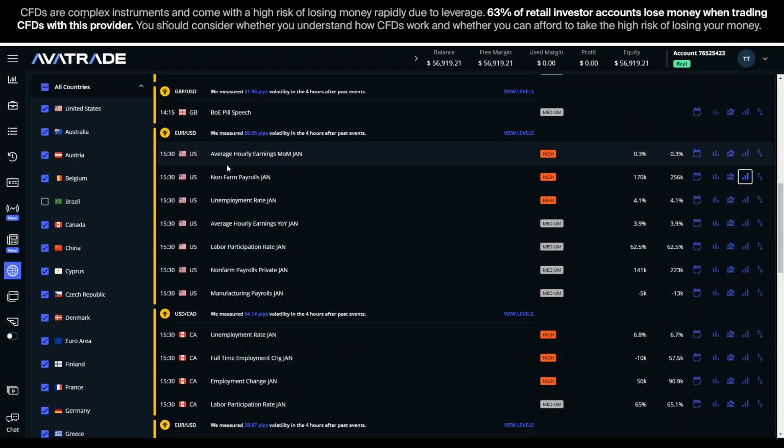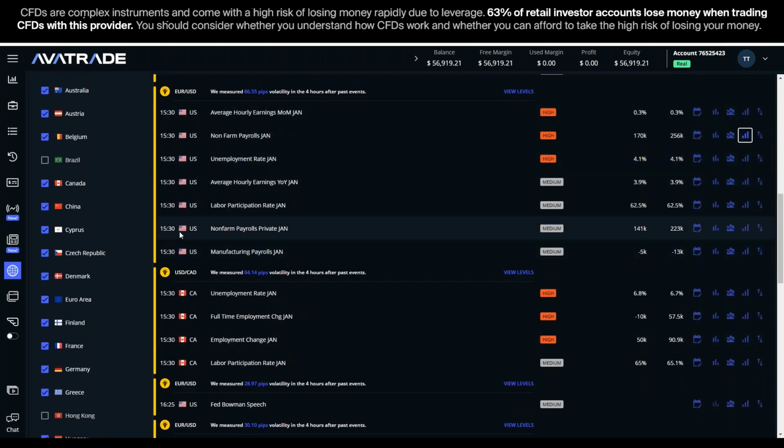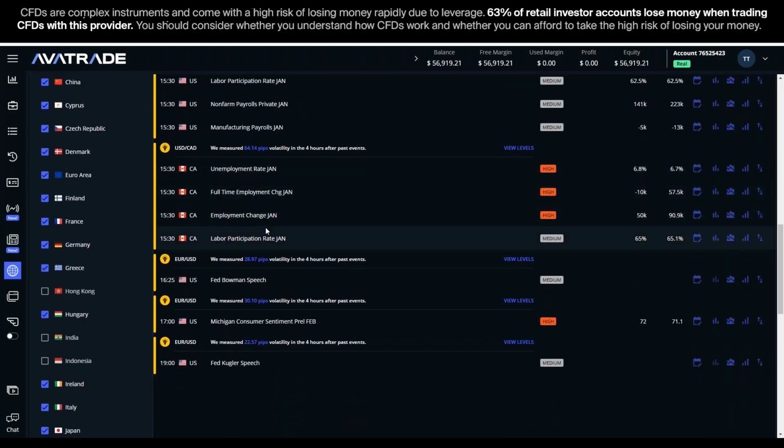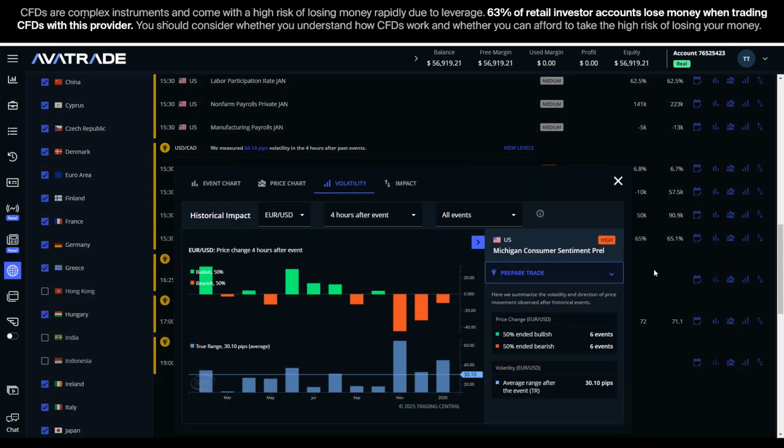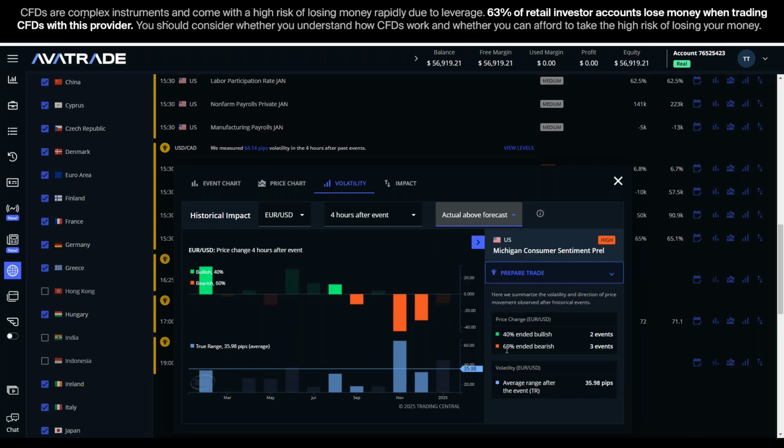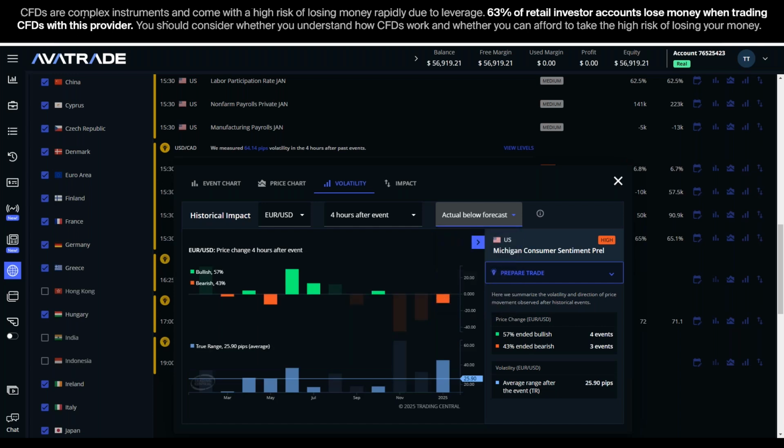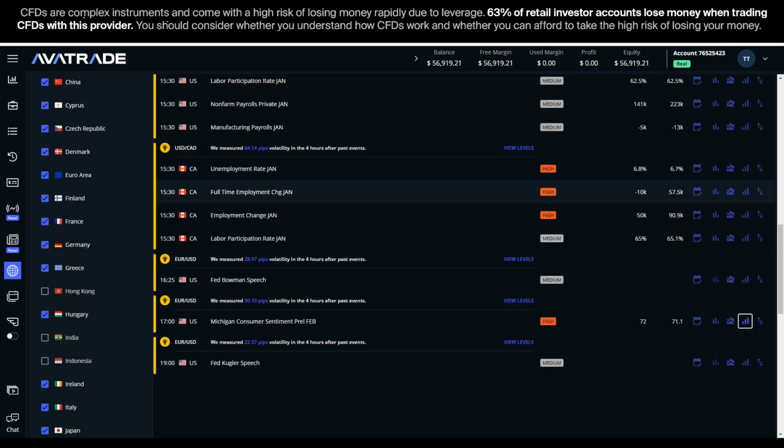Non-farm payroll tends to be the bigger announcement, so I think I would trade off that, because these are all at the same time, the Canadian announcements as well. Later in the day, there's a standalone announcement, consumer sentiment out of the US, and that may create a pretty strong movement as well. If consumer sentiment comes in above forecast, USD strengthens about 60% of the time. If it comes in below forecast, Euro strengthens 57% of the time. Not as inviting to me. It's too close to 50-50, that announcement.